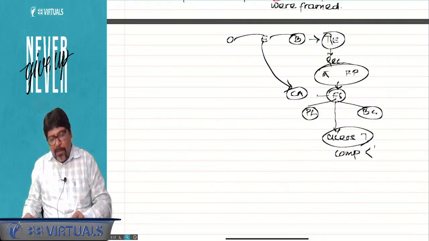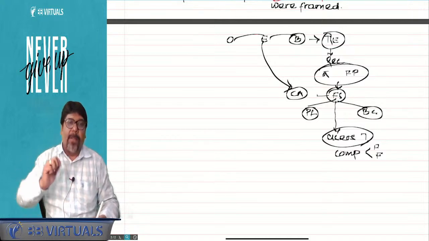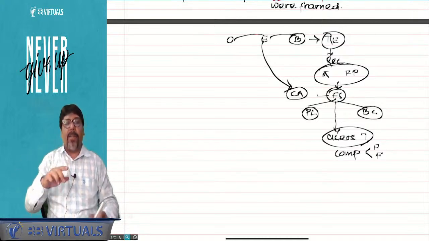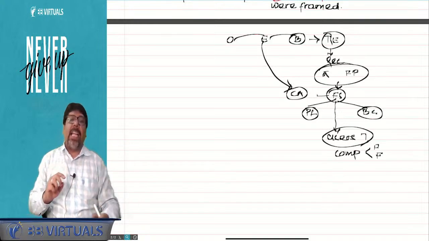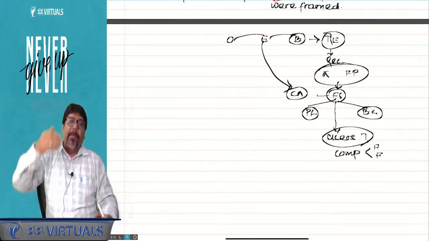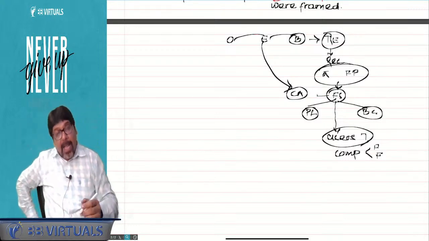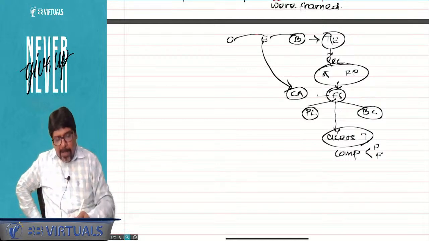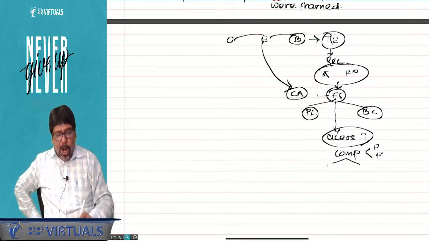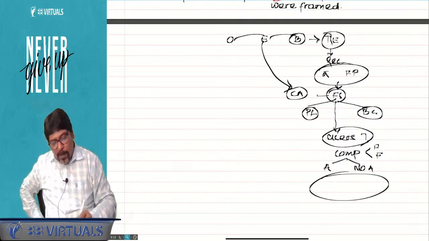Comparison means inter-firm and intra-firm comparison. Inter-firm means between two firms, intra-firm means within the firm. Berger Paint and Asian Paints: inter-firm. Berger Paint current year, Berger Paint previous year: intra-firm. Am I clear? Comparability issues. Why? Because of too many alternatives and no alternative. And hence, to solve this problem, what was introduced?